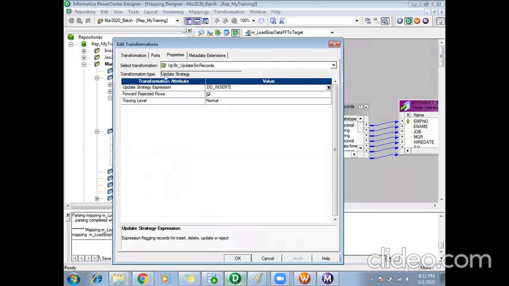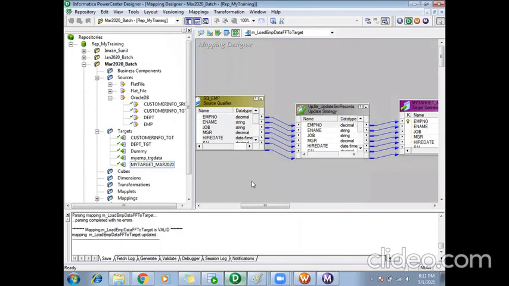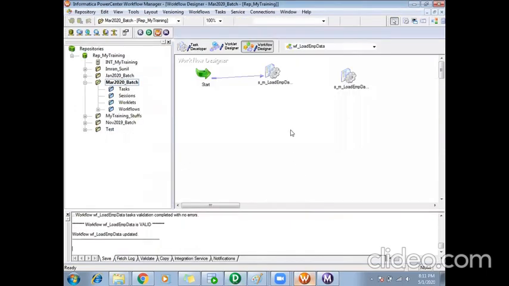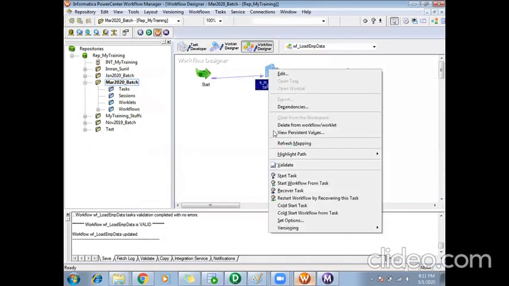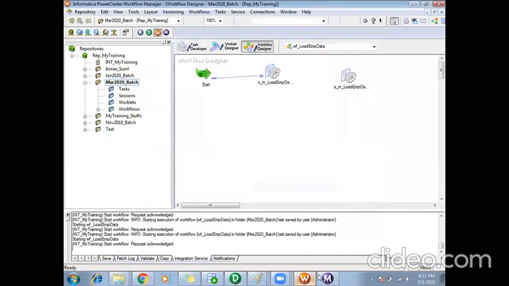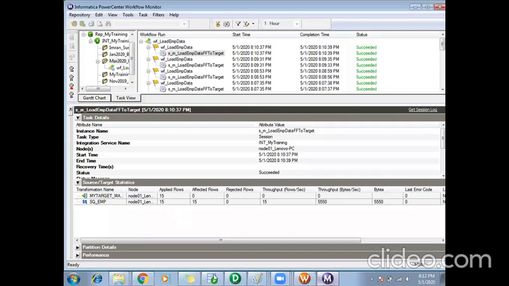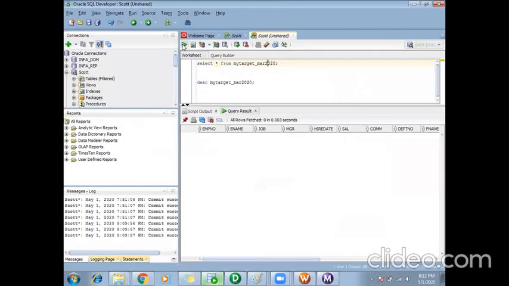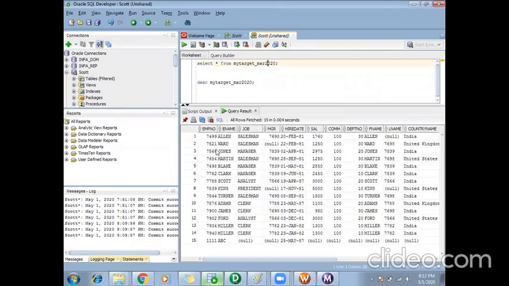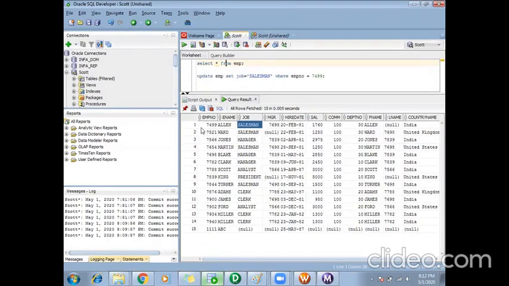Insert. Okay, update. Records are inserted to my target, so my source and target are the same.